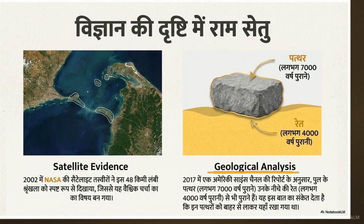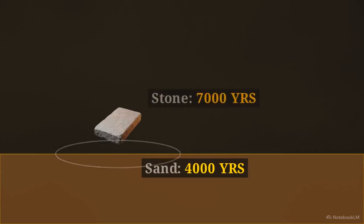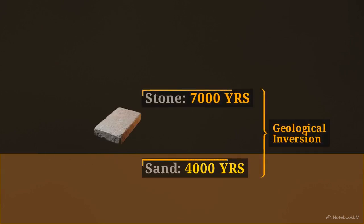Modern geological analysis shown here provides a breakdown of the bridge's composition, and the data reveals a significant chronological contradiction. The stones on the surface are dated to 7,000 years ago, yet they rest on a bed of sand that is only 4,000 years old. This inversion, older materials sitting atop younger layers, is a layout that suggests the rocks were deliberately transported and placed